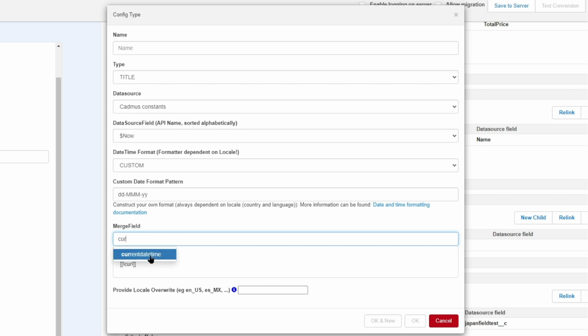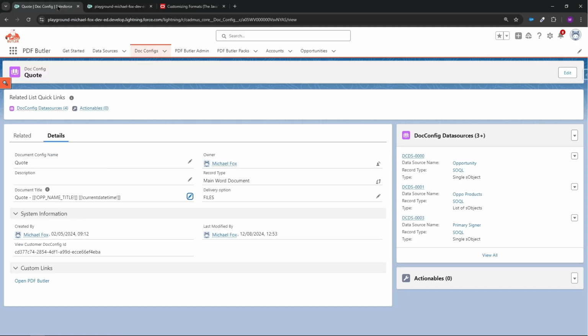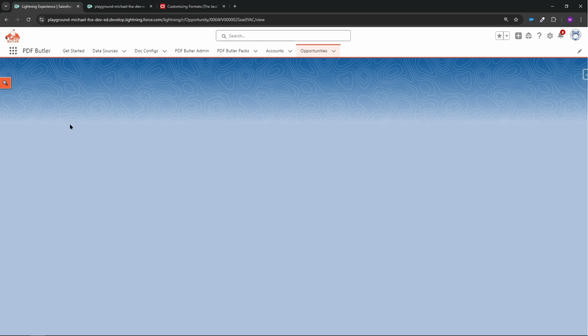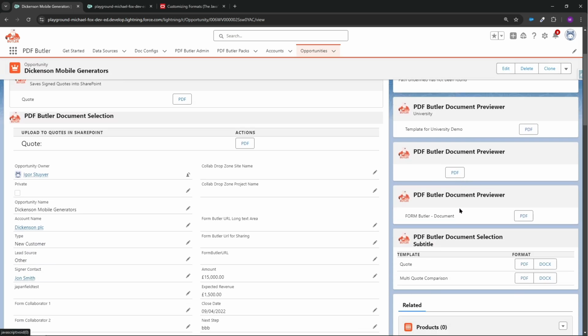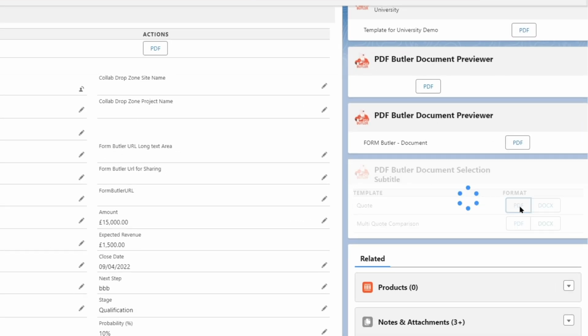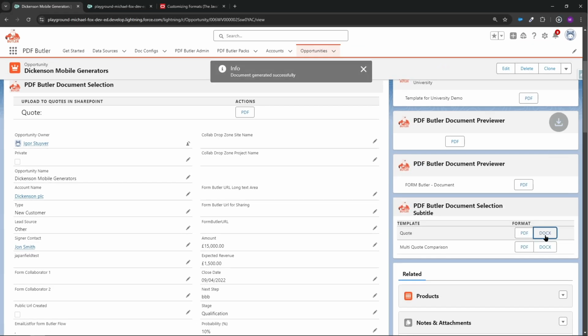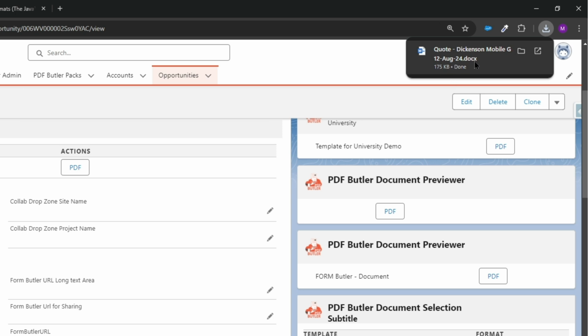I can just start typing it, and it's going to tell me current date time, and then I can copy that into the title, press OK, save it to the server. And now if I go to an opportunity which has got the name Dickinson Mobile Generators, then if I click the quote button for the .config that we changed, then you can see I haven't downloaded it, so I've got to press this one which I've set auto download to, and you can see there 12th August 24 is part